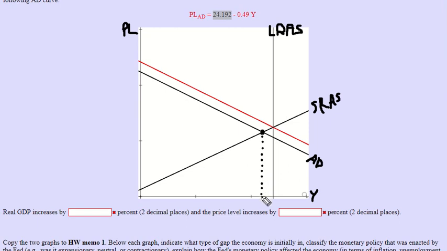And we're in an inflationary or a recessionary gap. We have a negative output gap, which is a recessionary gap. And then this is the new aggregate demand curve that results from the decrease in interest rates that caused three things: